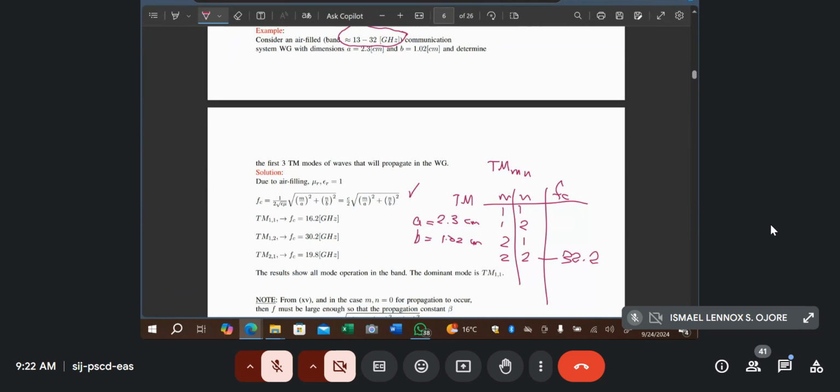So if you go higher, because there's no zero, so long as M or N is equal to 0, then we won't have the propagation in TM. So if you look at that equation, you see that M and N, the least value is when they are 1, 1. So that will give you the dominant mode. So TE10,